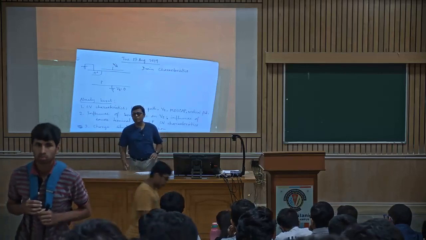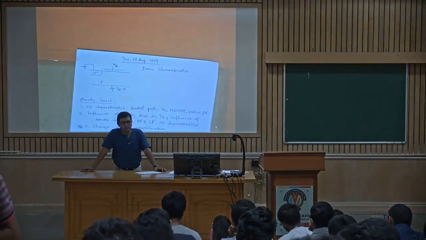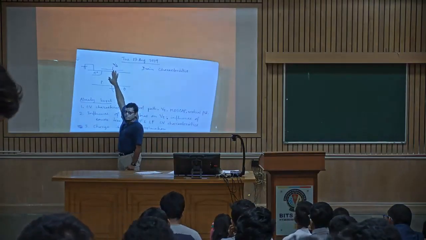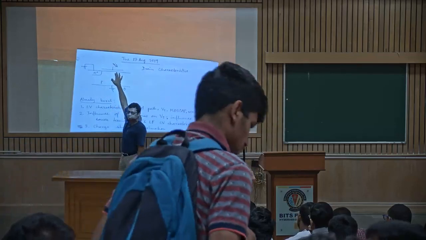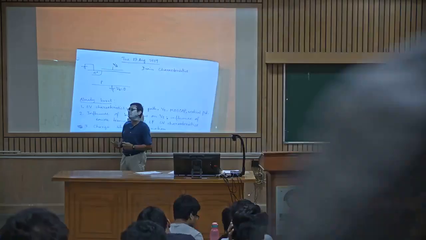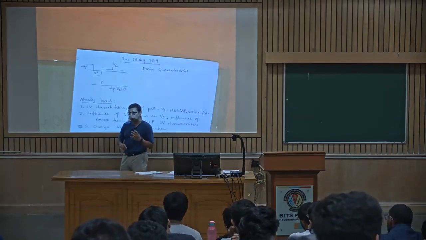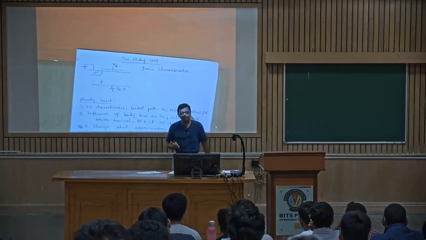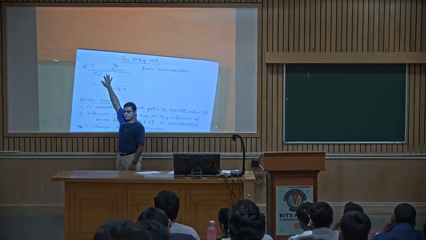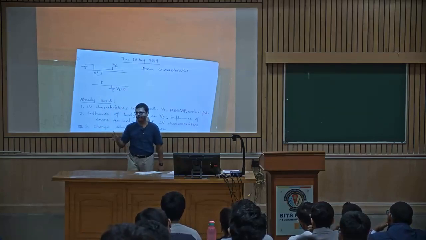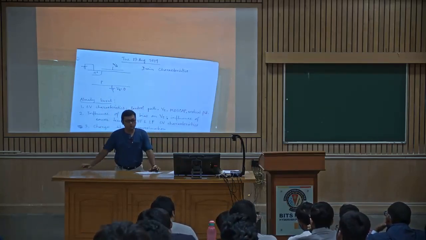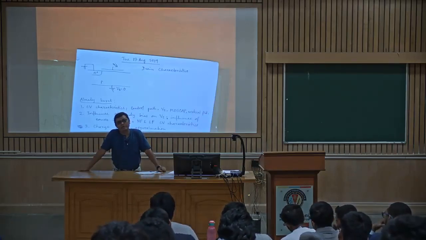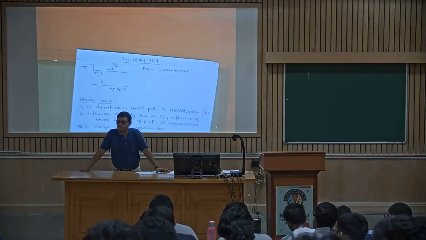But that is something which the device people would be interested in. For circuits people, we are essentially interested in the macroscopic values, not the surface potential. So when does the current start flowing with reference to Vg, not surface potential phi s? Vg will be equal to Vt when surface potential phi s is 2 phi f plus 3 phi t. In your electron devices course, or the basic BTech level devices course, we usually say phi s equals 2 phi f is the onset of inversion, correct?